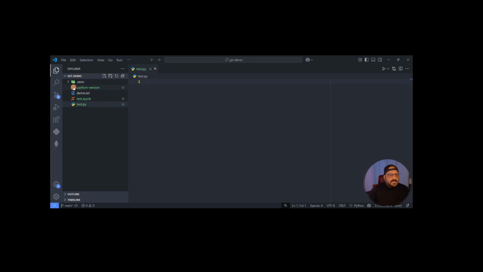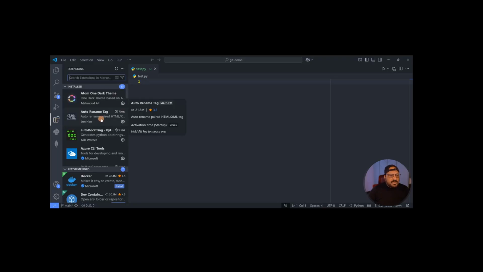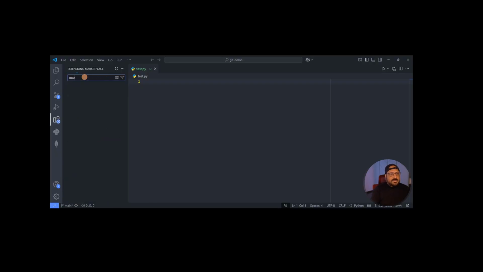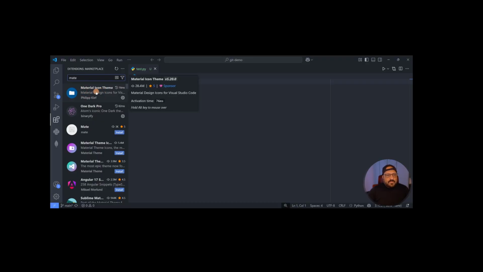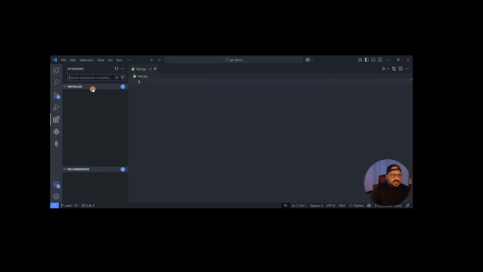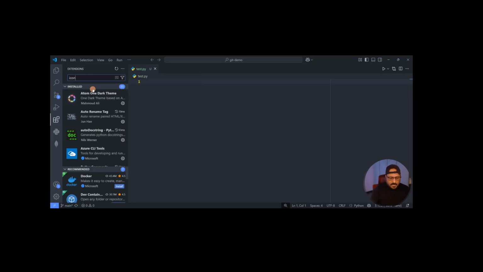You can see the icons. Now again in extensions, I forgot to mention, if you want this kind of icons, then what I'm using is Material Icon Theme. So I'm using this one. You can search for it if you want similar icons. Otherwise, there are other icon packs available, like VS Code Icons. If you search for icons, just icons,